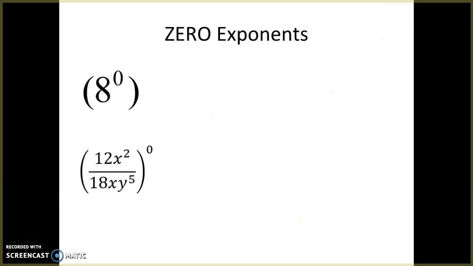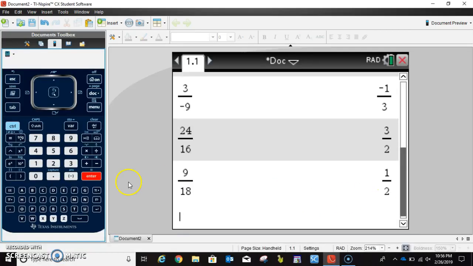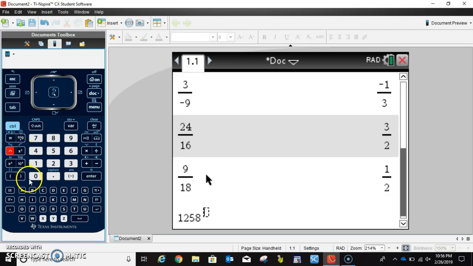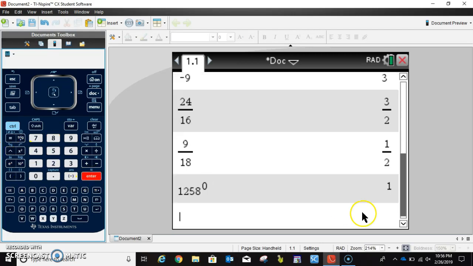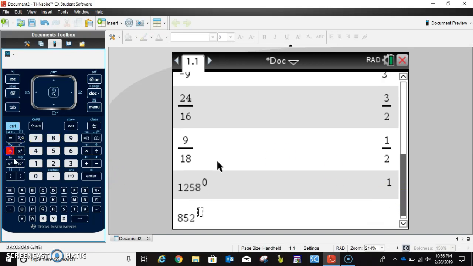And so the last thing I want to talk about is 0 exponents. So this is going to be fairly quick. In your calculator, you can type in any number and you can raise it to the 0 power, and it will always be 1. So if I do 852 raised to the 0